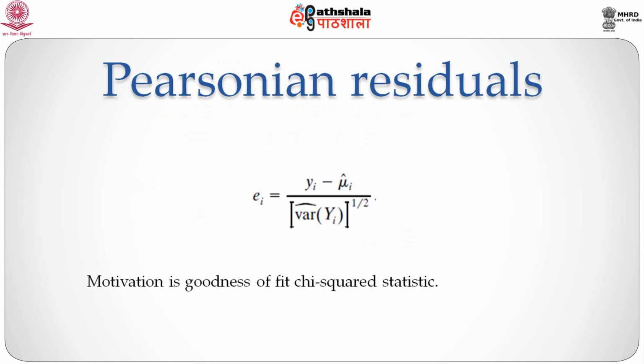The idea of a residual does not in fact carry over this easily to a GLM. And there are several alternative definitions. So the first is the Pearsonian residual. The numerator is as expected y_i minus mu_i hat, where mu_i hat is the corresponding fitted value of the mean from my fitted model. If I were to stop here,